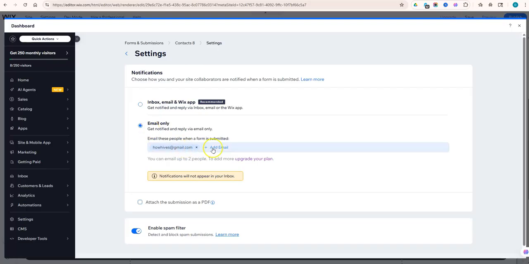And here you can add up to 2 email addresses to your account and to get notified of any forms that are filled out. Simply click Add Email, type in your email address, and that's it. That is how you connect your email account to your contact page in order to get notified of any forms that are filled out. Last thing you want to do